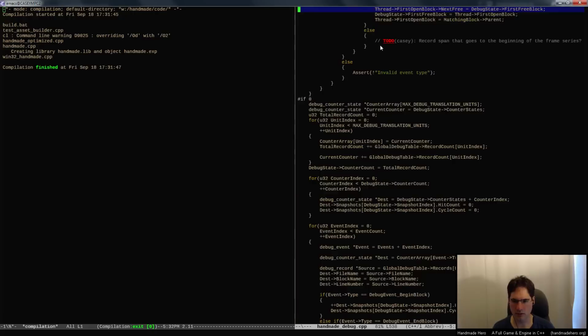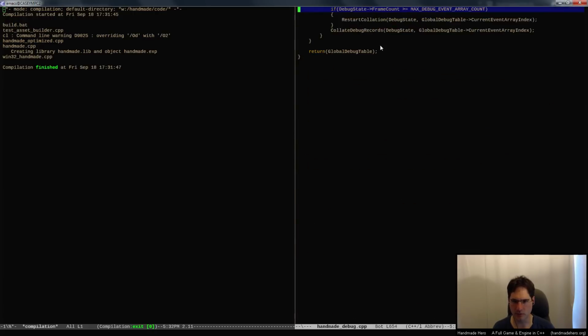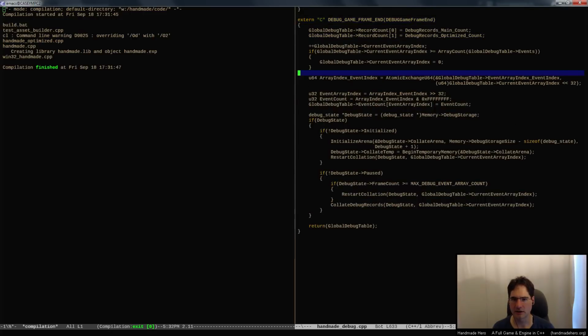Okay. What actually has to happen in here? Collate debug records. We don't do anything else, right? Yeah, we don't do anything else. So collating the debug records is the only thing that we're talking about there. That's the only thing that's actually time spent, as far as we know anyway. So if I go up to collate debug records,